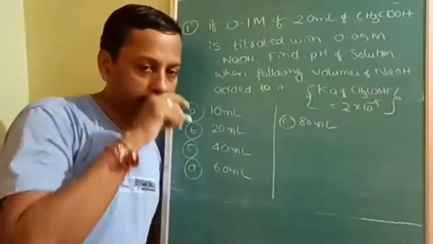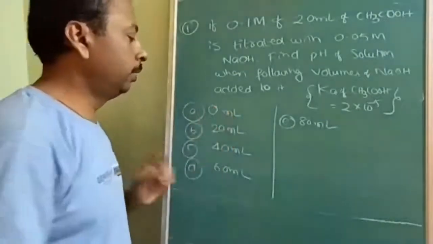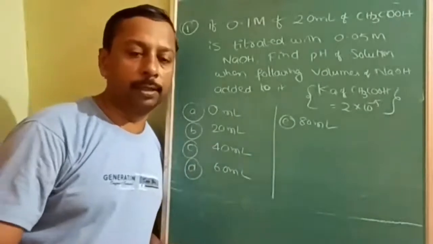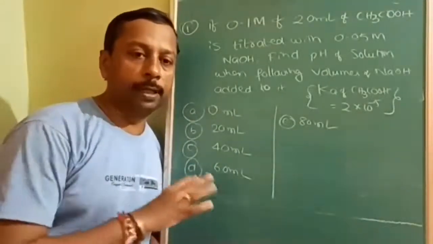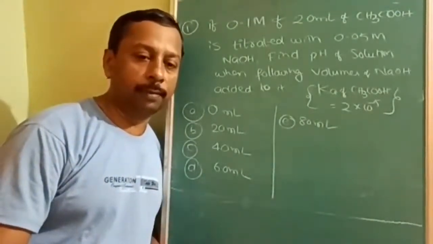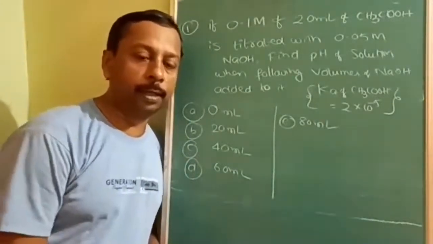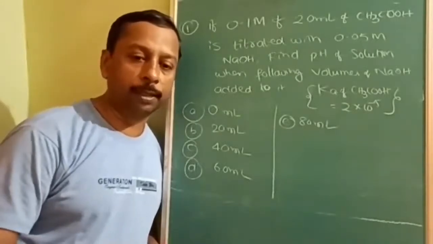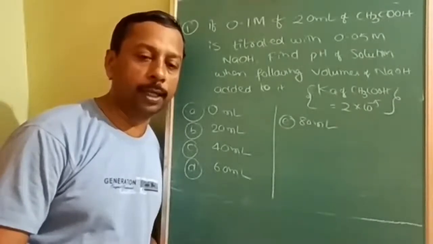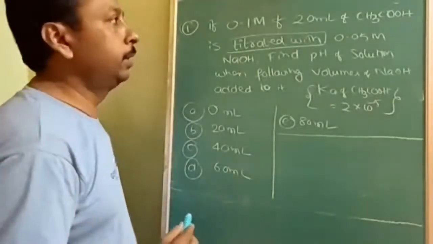So if you keep on adding slowly, then what will be the pH of the resulting solution? Okay, so let's take first 0 ml, then it will be better. 0 ml, 20 ml, 40 ml, 60 ml, 80 ml. Under these 5 conditions, you have to find the pH, and for different conditions you have to use a different formula. Let's see whether you will be able to do it or not, then I will explain. Even though the question is only one, a wide variety of concepts you have to apply: somewhere salt hydrolysis, somewhere buffer, somewhere only base, somewhere only acid. You have to identify that. Okay, I am explaining, listen carefully.